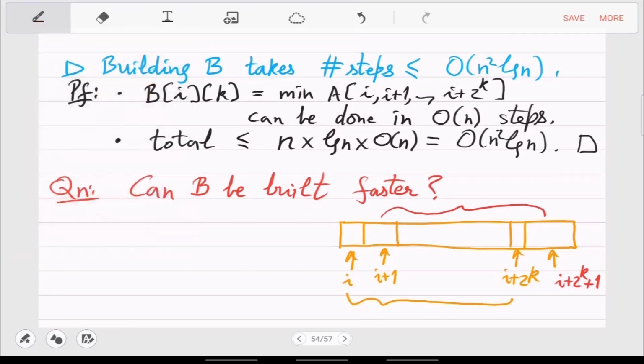Right, so do you see a relationship between these two windows? So if you know the answer for I comma k, what can you say about the answer for I plus 1 comma k? We have to only compare I plus 2 to the power k plus 1 and the previous interval Bik. Minimum of that. But we have to ignore the initial point.